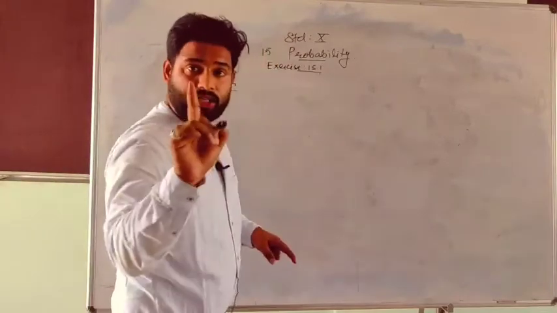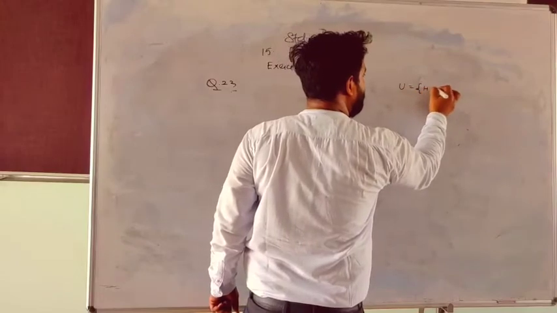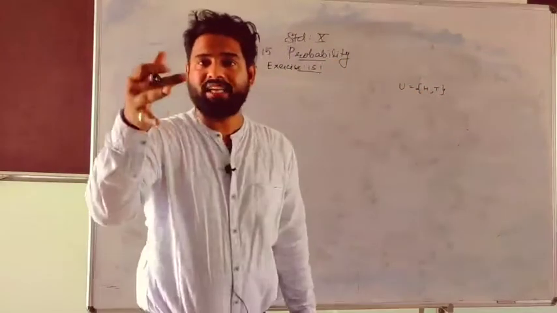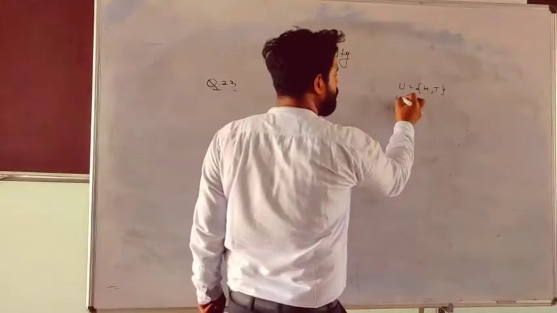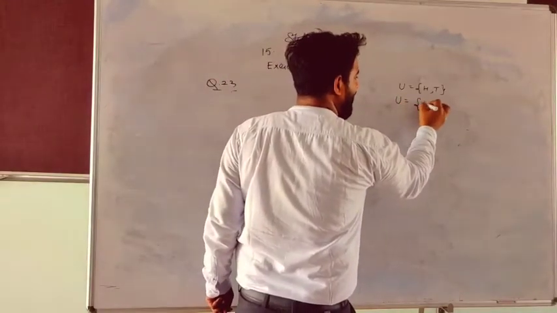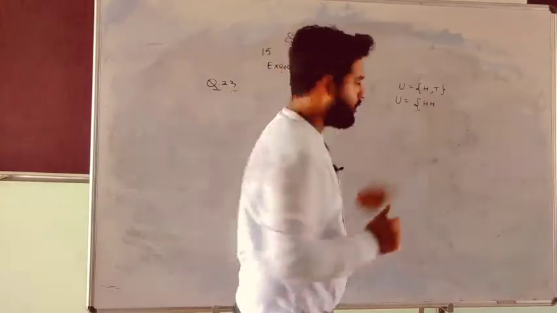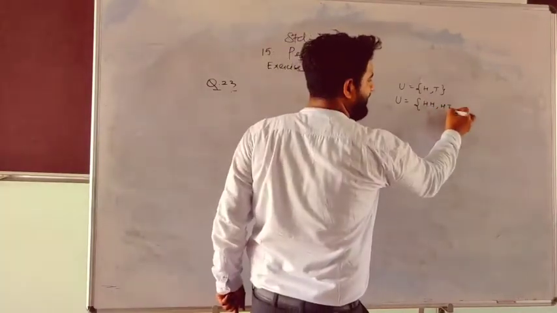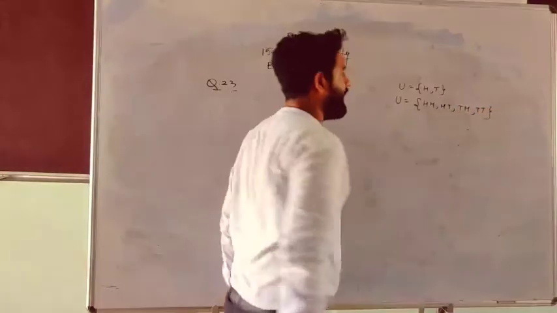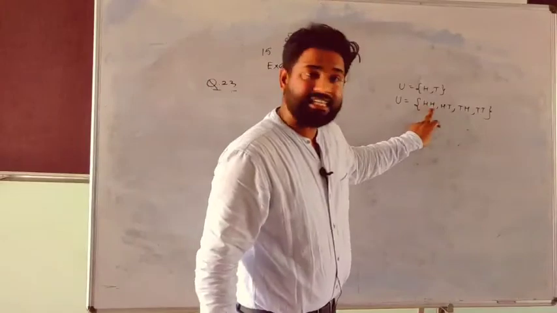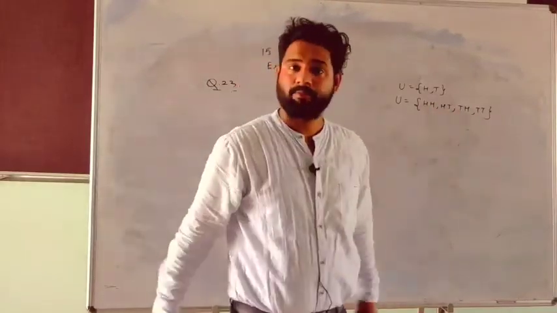When you toss a coin 1 time, your sample space is only head, tail. If you toss 1 time, either you get head or you get tail. If you toss 2 times, either you get head in both cases, first head second tail, first tail second head, or both tail. HH, HT, TH, TT, if you toss the coin 2 times.